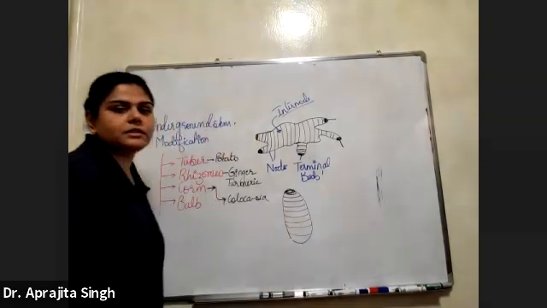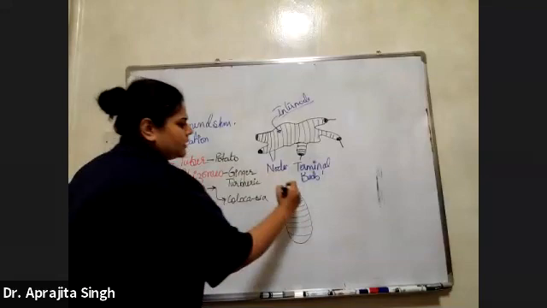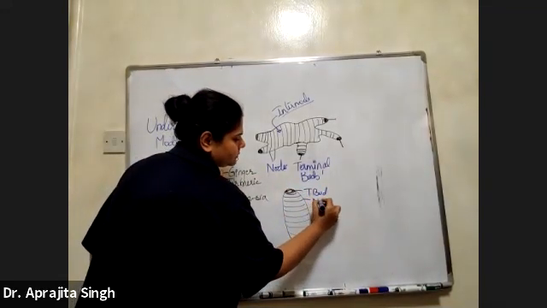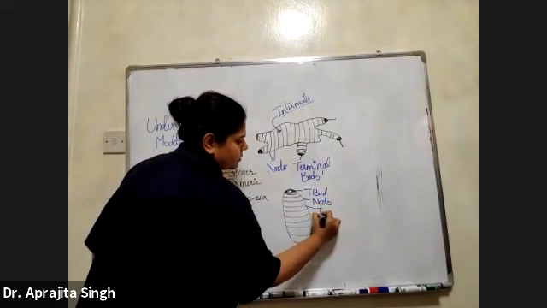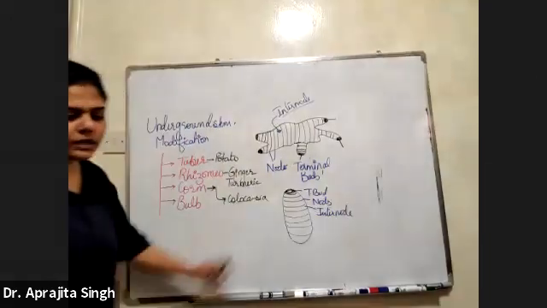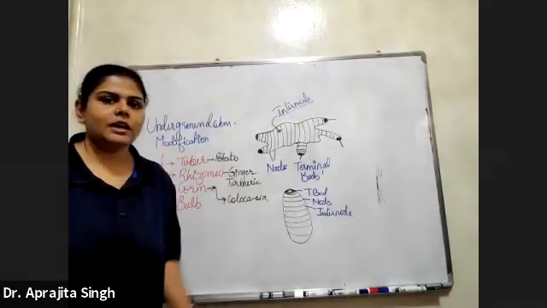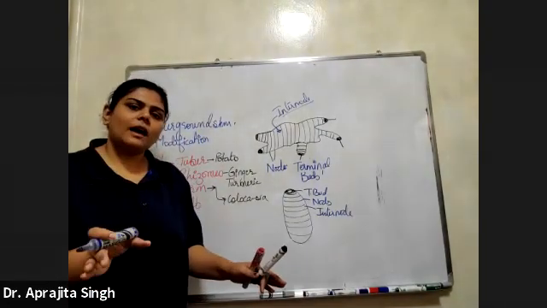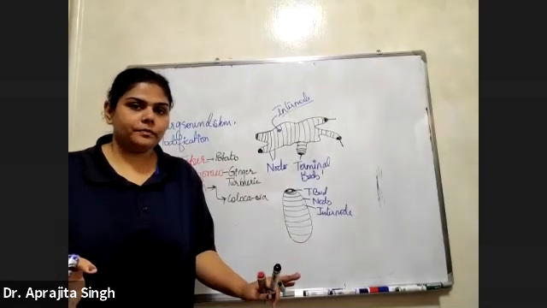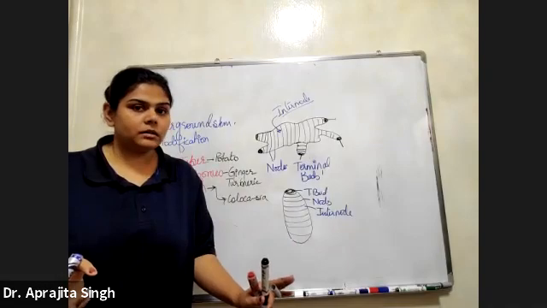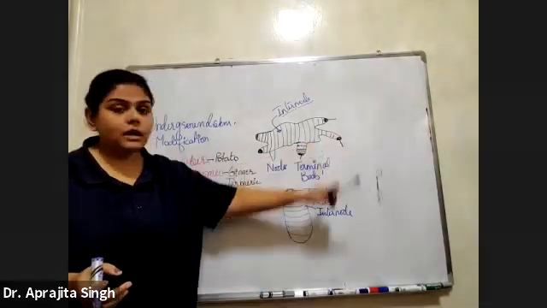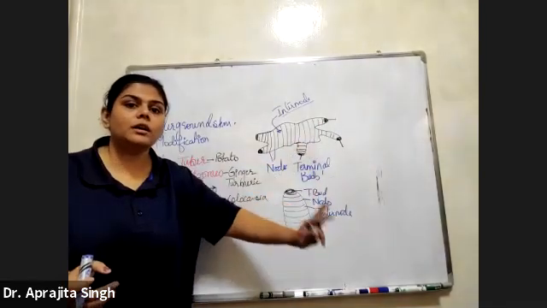This is the colocasia. Simple, nothing, no terminal bud, nodes, internode. It's a vertically growing rhizome. If they give you an example of a vertically growing rhizome, colocasia. Write it down. It's nothing. It's a vertically growing rhizome.